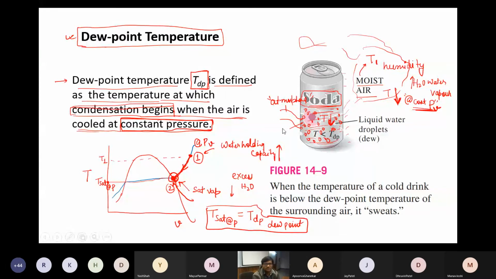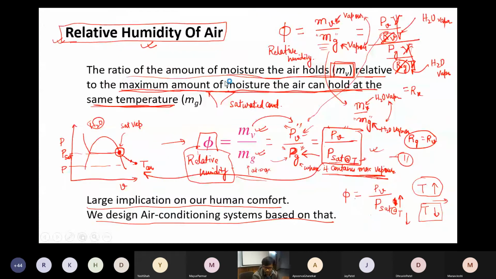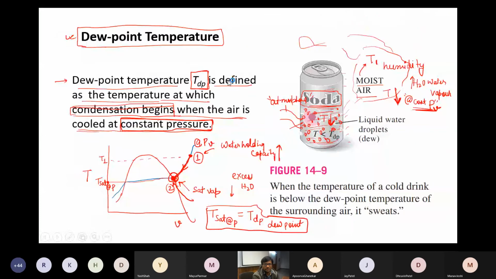Okay, in the last class we have already talked about relative and specific humidities, and we talked about dew point temperature. Dew point temperature is the temperature Tsat at that particular pressure. So you are at some state 1 and you hit your saturation condition by moving along a constant pressure line. That is where you hit the dew point temperature, and it has a large implication in day-to-day lives. We have seen that.